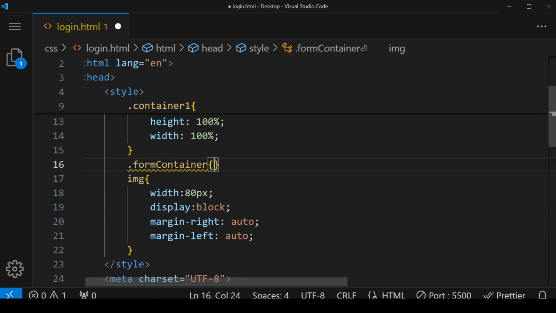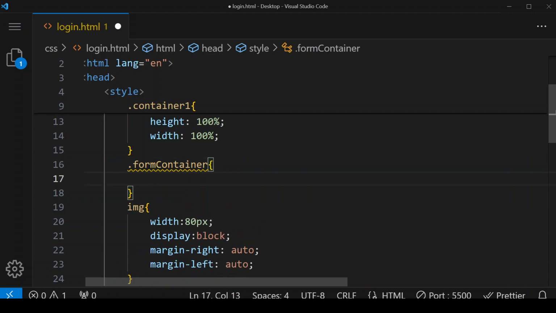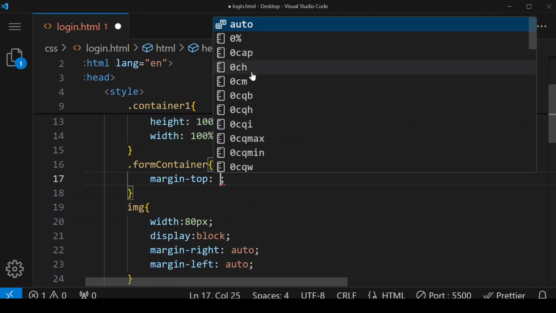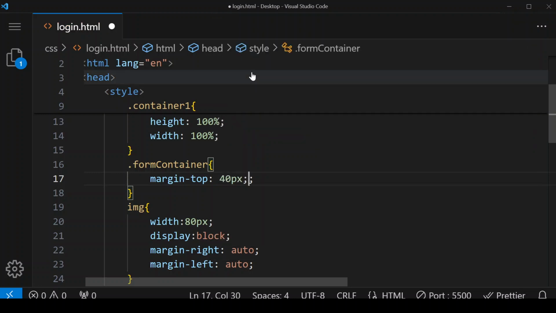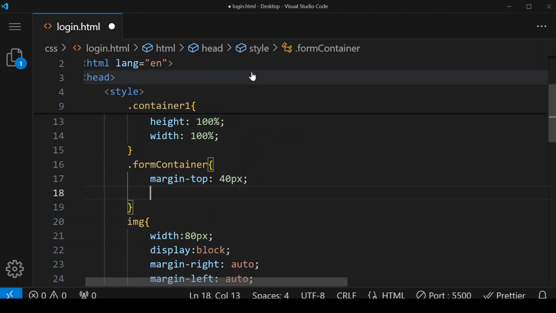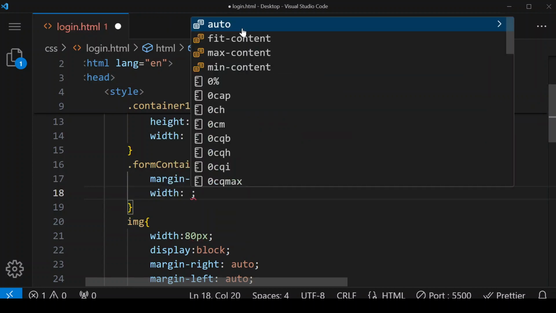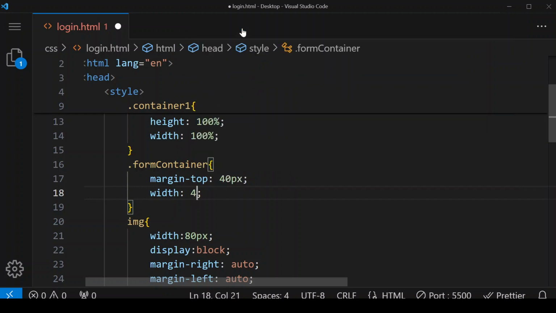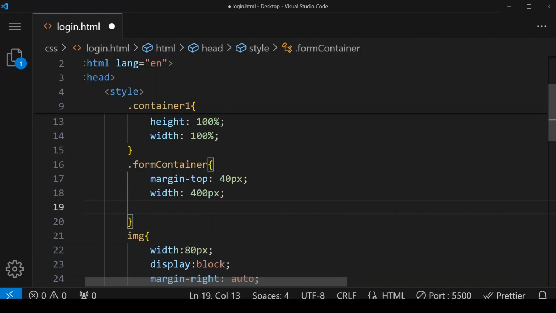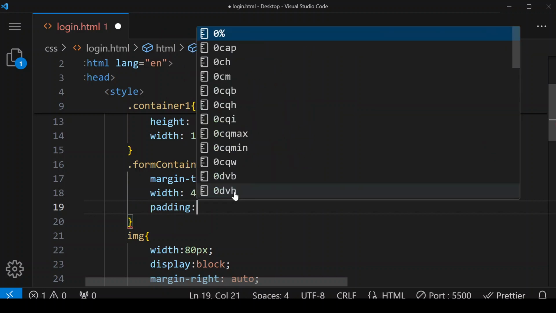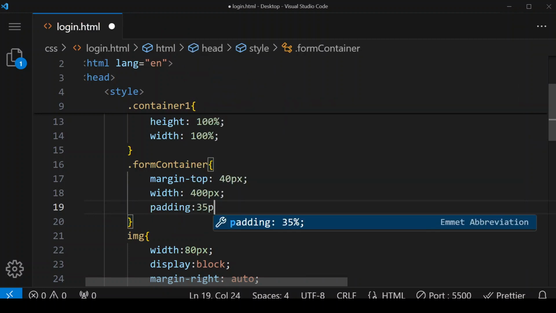In this class we want that margin top should be 40 pixel, then width I'm giving it 400 pixel, next padding to be 35 pixel,